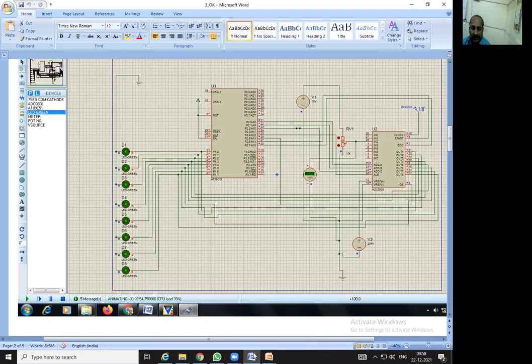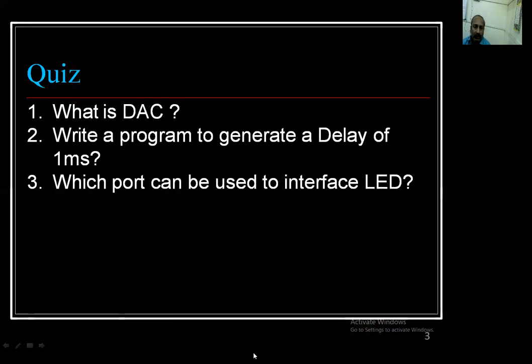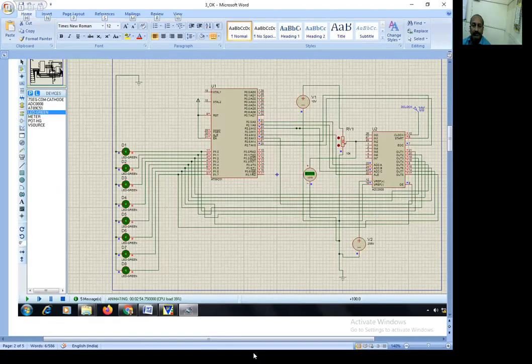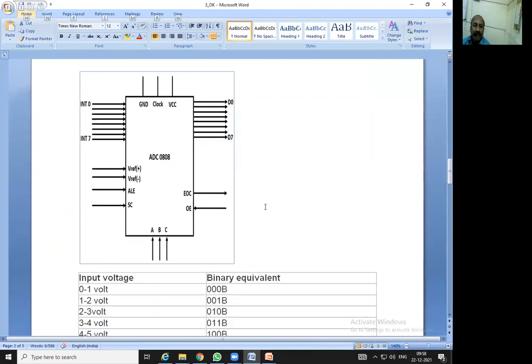As we have seen in the Word file, this is the main symbol for this ADC 0808. So what is there in this? This is the functional diagram, in which you can observe ADC analog, which means only one input will be there, and that is going to be converted into digital form.